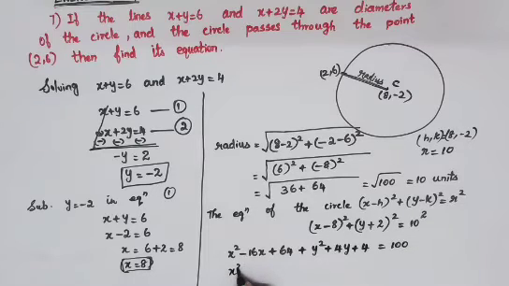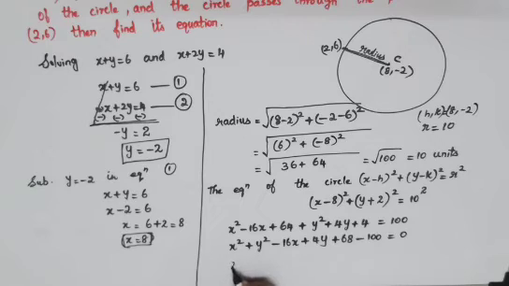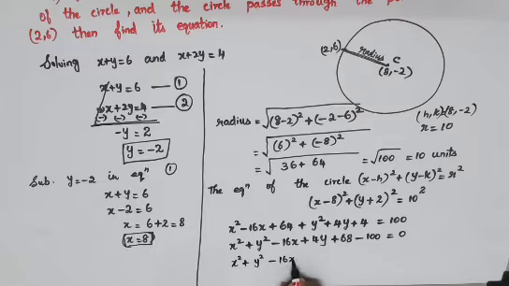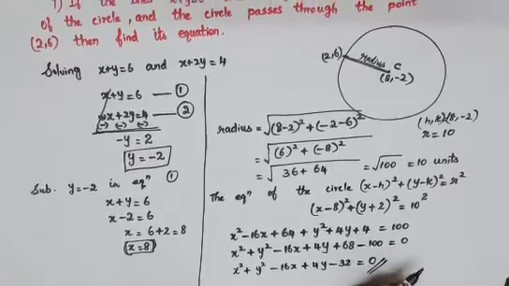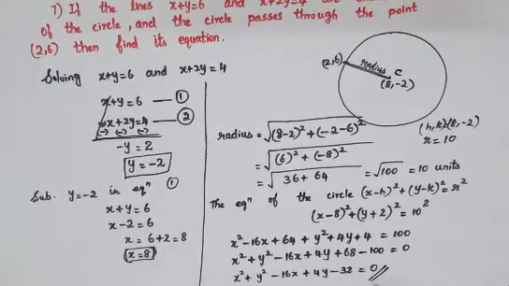Now solving, x square, bring this y square here, so plus y square, next is minus 16x, and next is plus 4y. Here 64 plus 4 is there, so that will become 68. Bring this 100 towards this side, so it will become minus 100, which is equal to 0. So the last step of solving is x square plus y square minus 16x plus 4y minus 32 is equal to 0. This is the required equation of a circle. They have asked you to find the equation of a circle. Therefore, this is the answer for your 7th question.